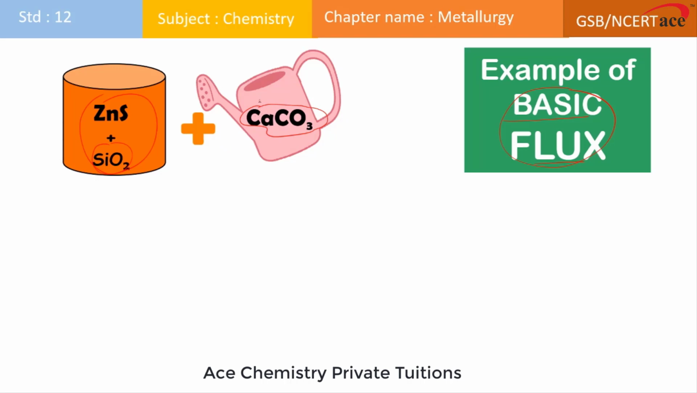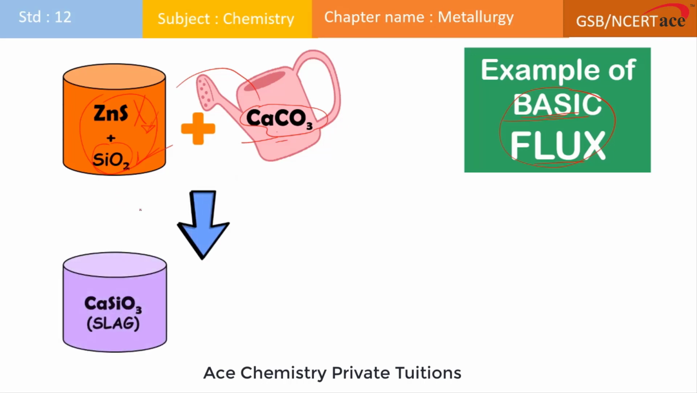So when you add calcium carbonate and heat this mixture, this flux will not combine with the zinc sulphide. It will combine with what? Silica. Because the flux we have taken is what? Basic in nature, and the basic substance combines with what? The acidic gangue. So this calcium carbonate will combine with the silica and form an easily fusible